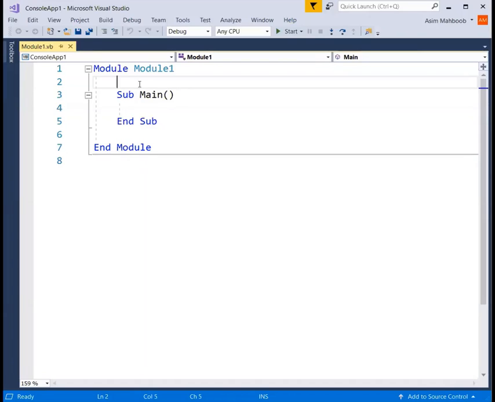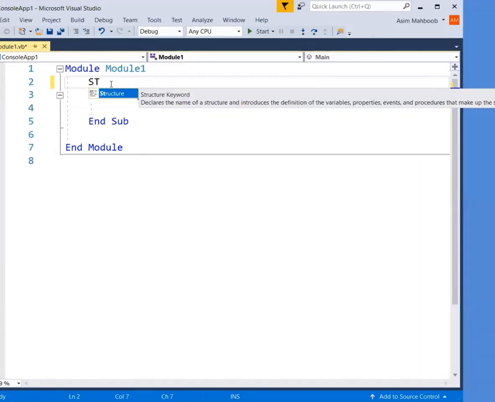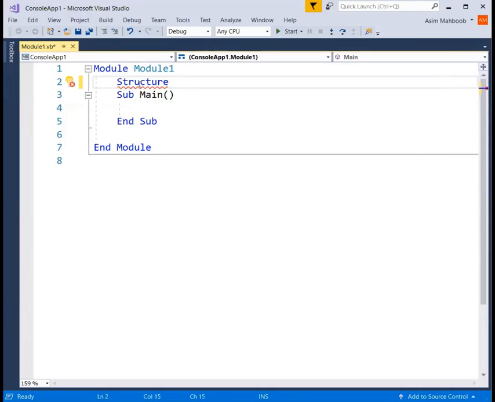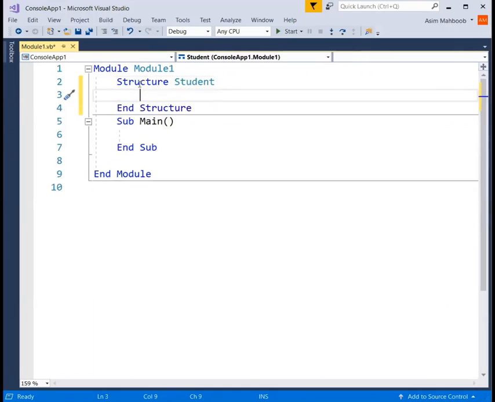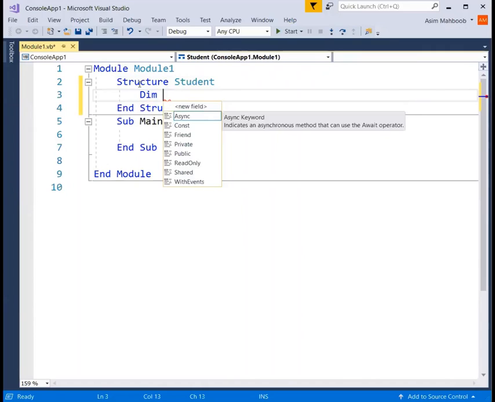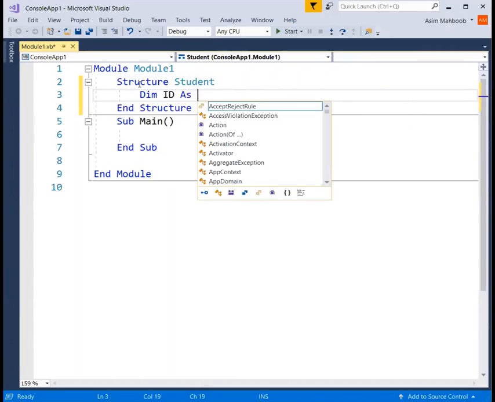First of all, I'll create the structure Student, and I'll have all those attributes that I want this structure to store, and later on we'll create variables using this structure. Dim ID as integer,